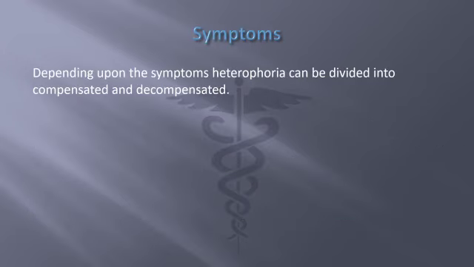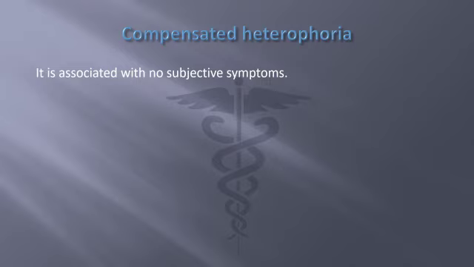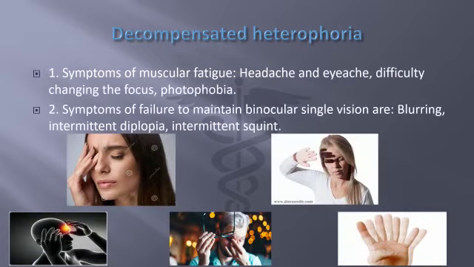So now the symptoms. Depending upon the symptoms, heterophoria can be divided into two types: compensated and decompensated. Compensated heterophoria is associated with no subjective symptoms. Apart from the latent squint that only a patient himself can observe, he presents with no other complaints. But what makes a patient present to an ophthalmologist is the decompensated type of heterophoria, where he has problems other than